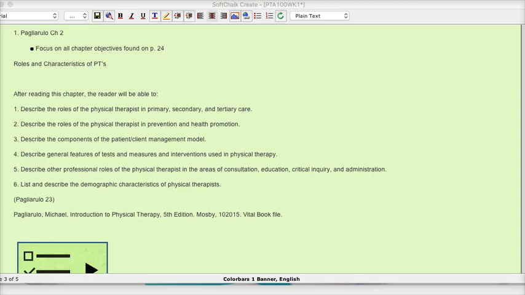Specifically, I'm right now on Chapter 2 and looking at page 24, and I want to really start out this term with understanding the various roles of the physical therapist, because this is the chapter specifically on those who will supervise you as the primary care providers,